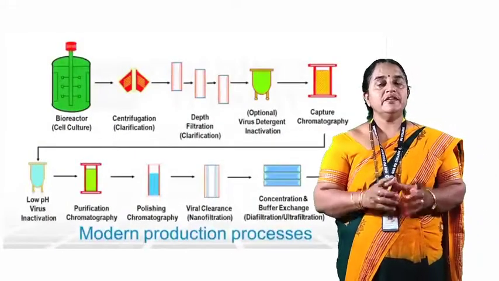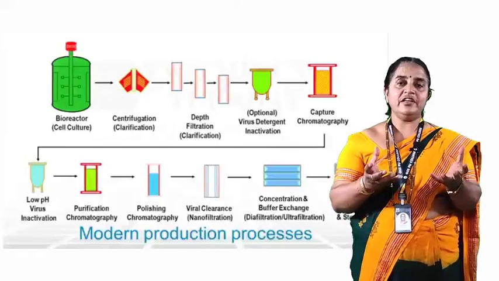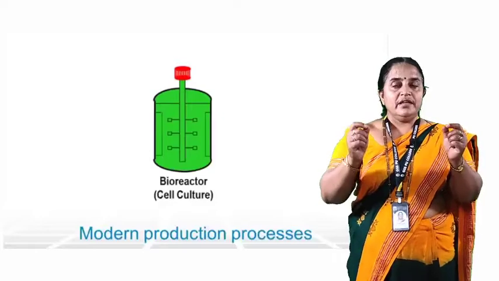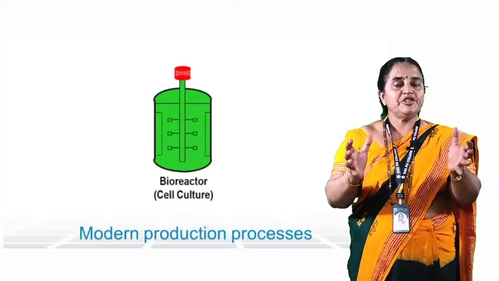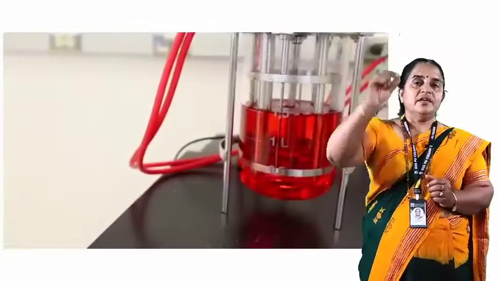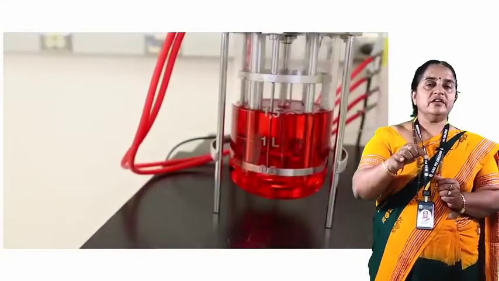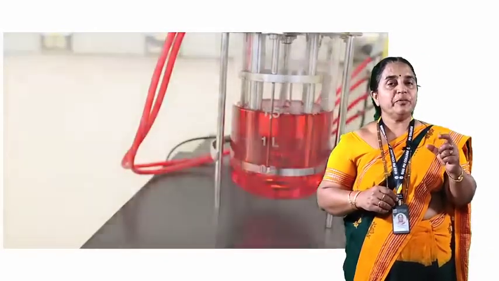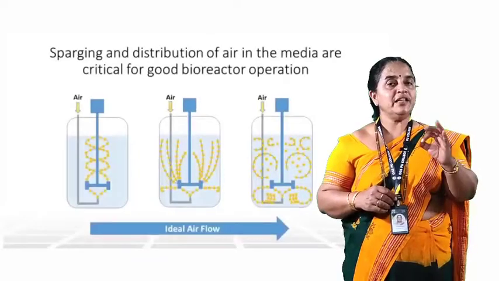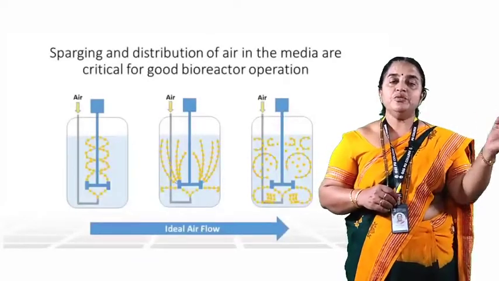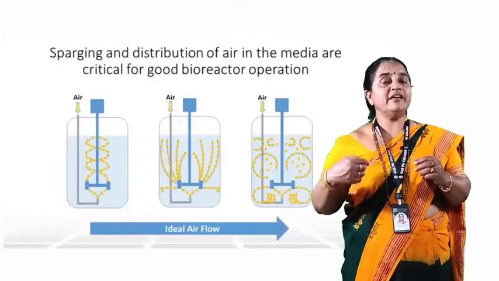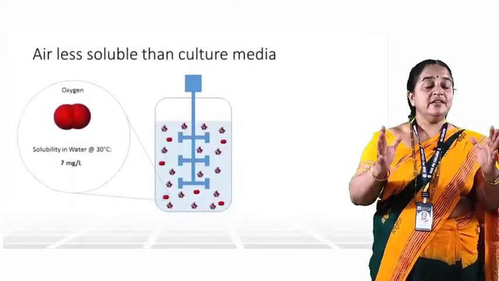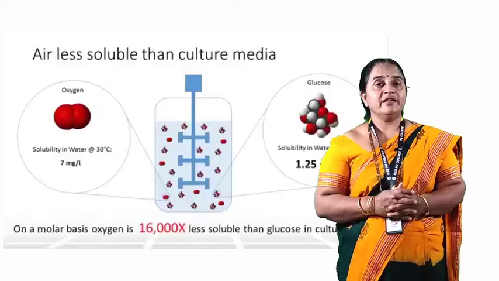Coming further, there is one device. It is made up of stainless steel and fiber, whose lower part is curved. There is a provision to keep a culture medium or a nutrient medium. We can introduce a stirrer with flat blade impellers. There is a system to maintain the temperature, a system to maintain the pH, a provision to give steam, a provision to supply sterile air, and a provision to collect samples at intervals. This device we call a bioreactor.